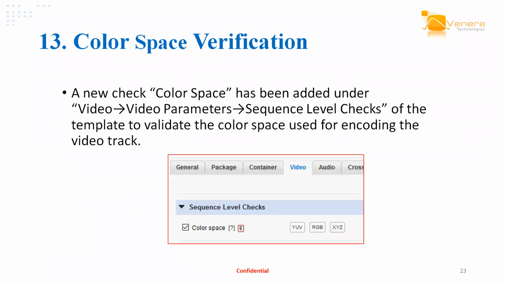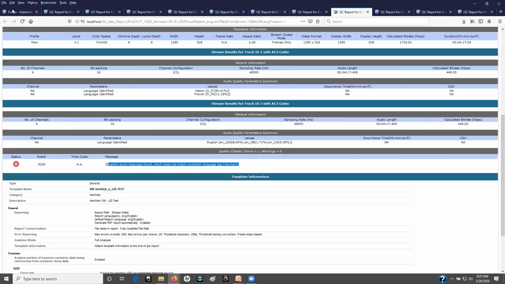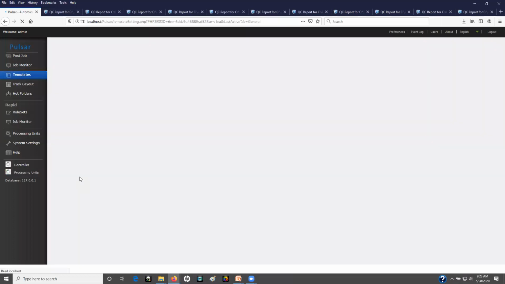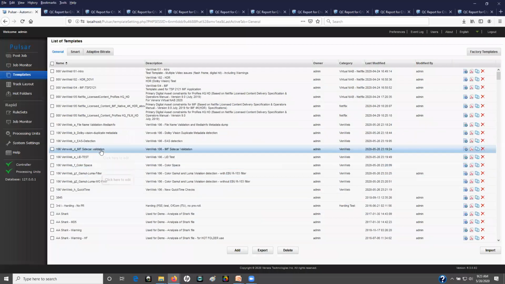The other thing we have added is the ability to verify the color space. This feature was added as one of the many conditions for Netflix. So this feature was also added. It's a simple check that